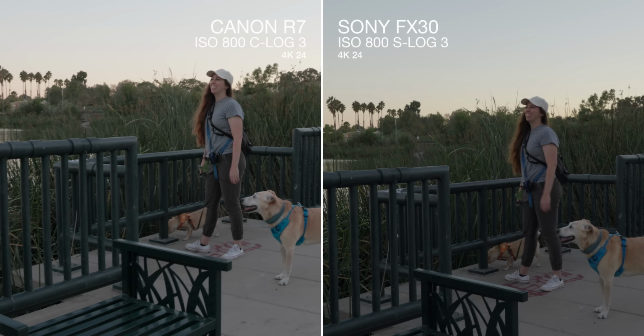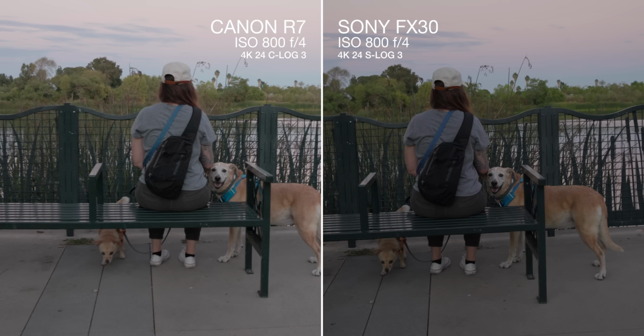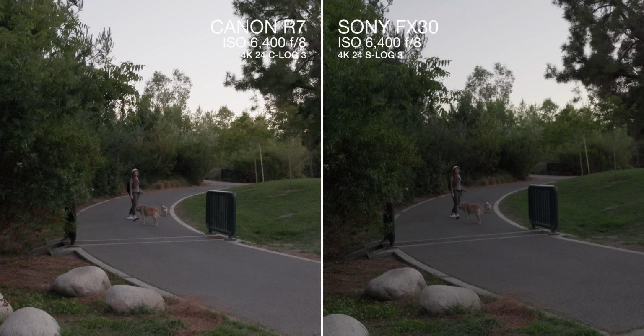Really? You guys? Generally, I prefer larger sensors unless there's the right lens to go with a smaller sensor. As long as the image quality is there, Super 35 takes you a long way. But overall, really excited to see that we are getting a lot of these pro camera features trickle down into cameras that are under $2,000, like Canon with their Canon R7, $1,500, also has 10-bit. I kind of want to do a comparison between these two cameras, but I will tell you from first impressions that this FX30 does feel like it's more geared towards professionals, and the R7 feels a little bit more on the consumer side, but